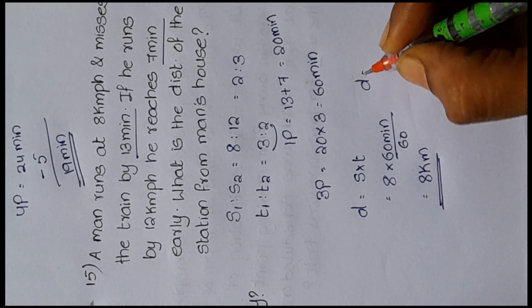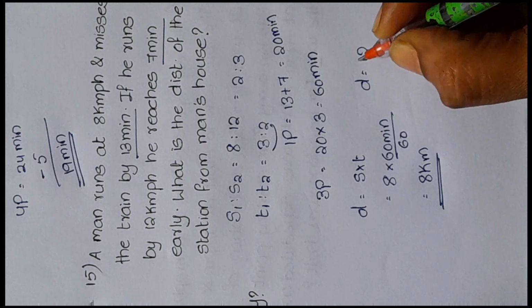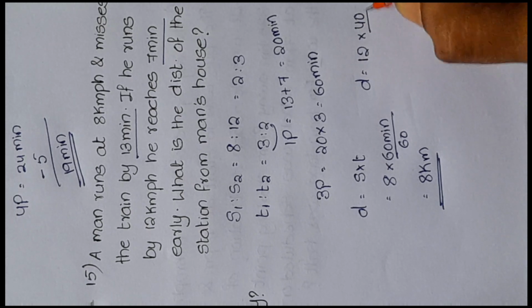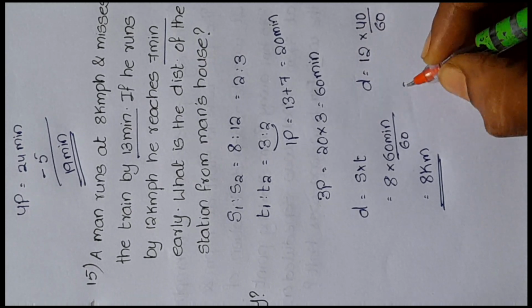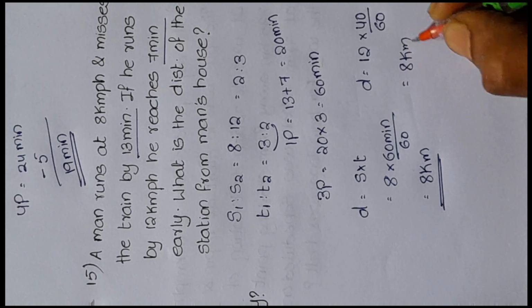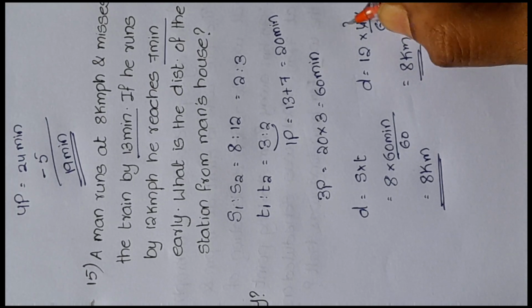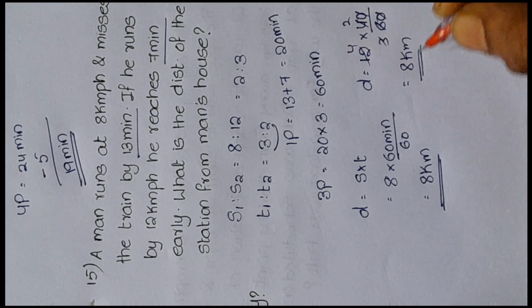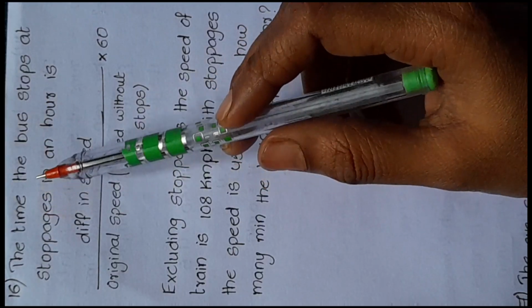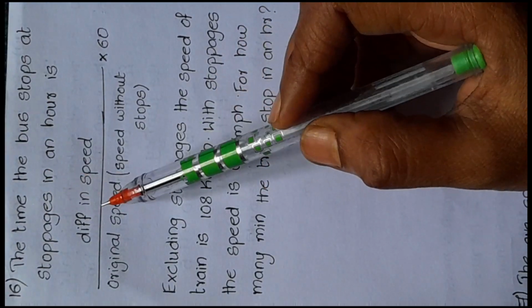In the second one, distance is equal to speed, in the second case 12, into time, which is 40 by 60. We get this as 8 kilometers. Here 0 0 gets cancelled, 2 2s, 2 3s, 3 4s. So 8 kilometers. Another model: the time the bus stops at the stoppages in an hour is the difference in speed